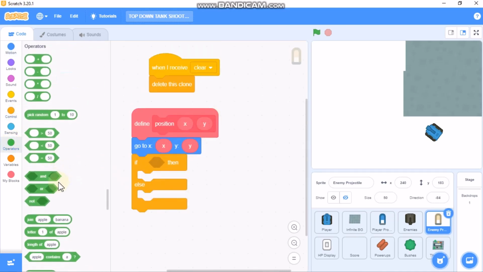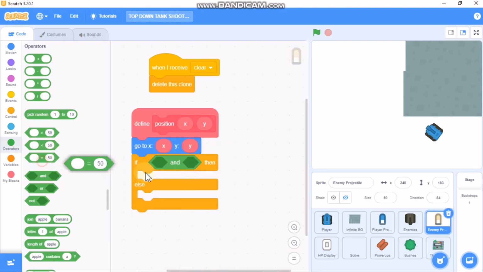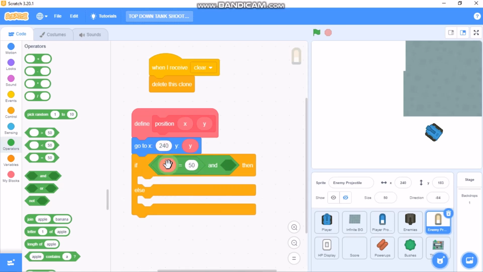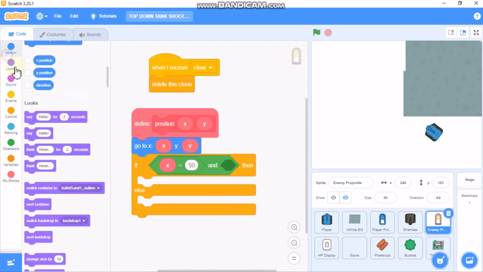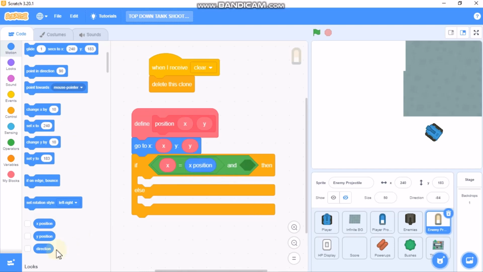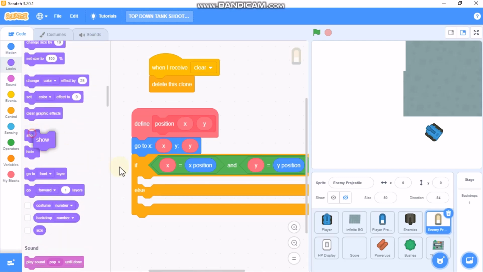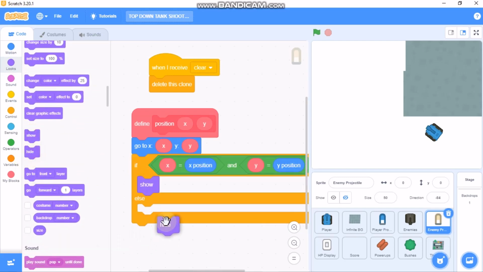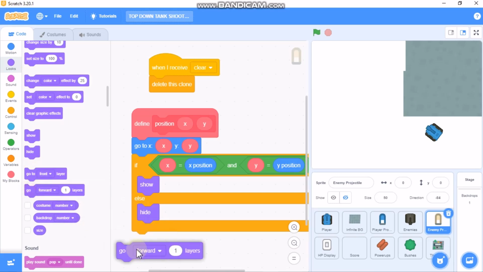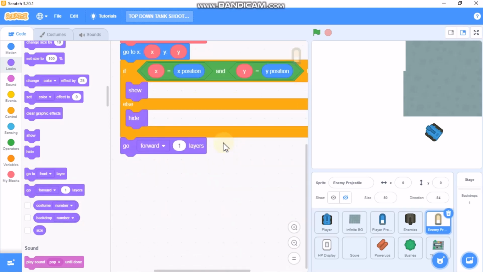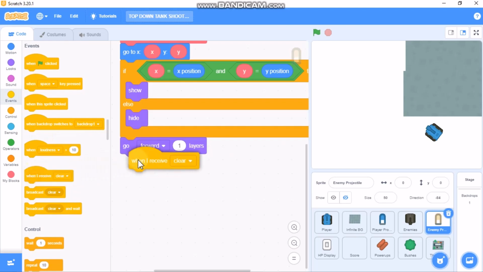grab an if, so if our X is equal to X position and Y is equal to Y position, then we need to show, else we need to hide, and we need to go forward 1 layer, and when I receive tick,